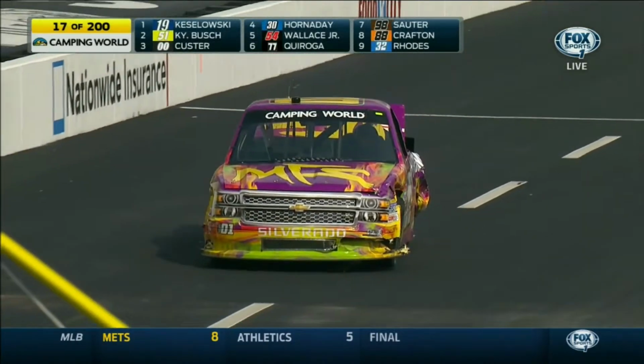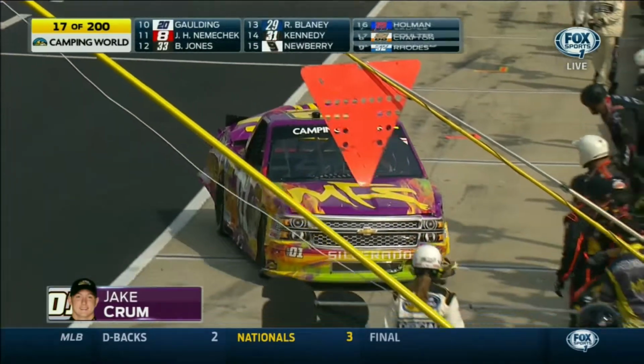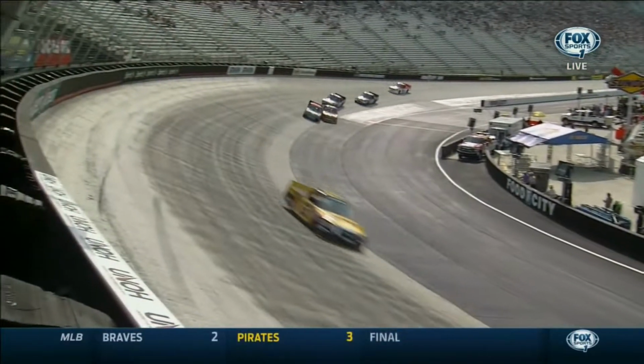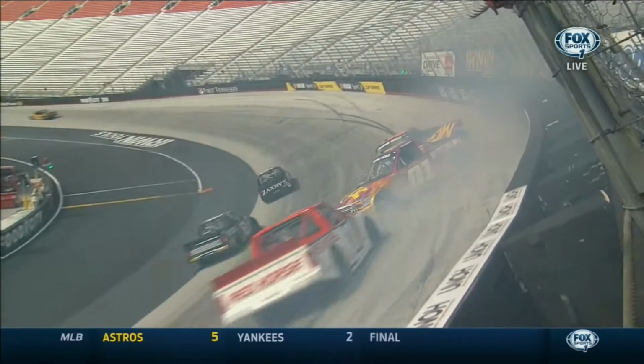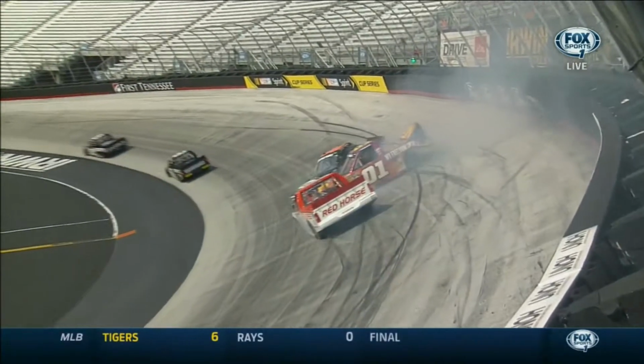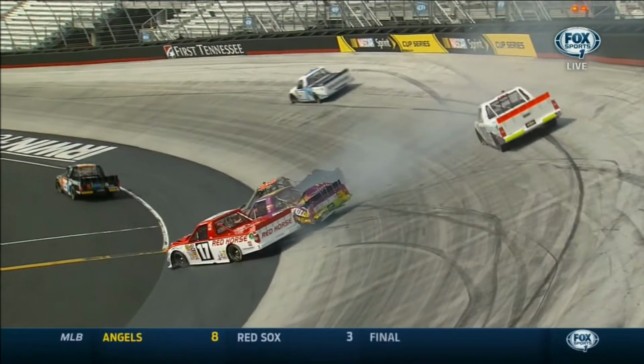That's Jake Crum, the 0-1 truck. A lot of damage to that one. Timothy Peters involved as well. Let's take another look. Fighting for space down on the bottom of the racetrack. The 0-1 got in to Brian Silas. Timothy Peters had committed to the top, tried to get it slowed down, wasn't able to before making contact with